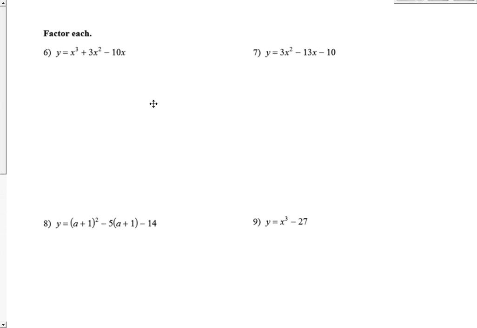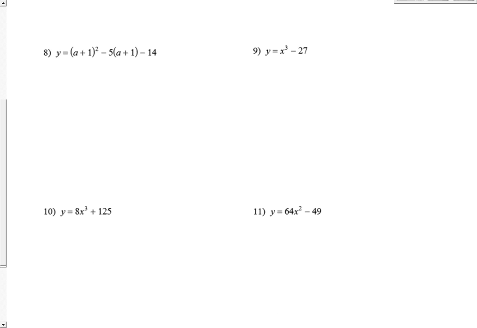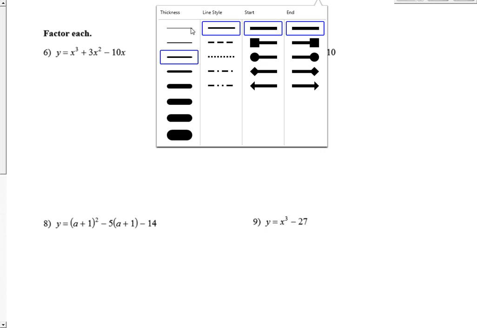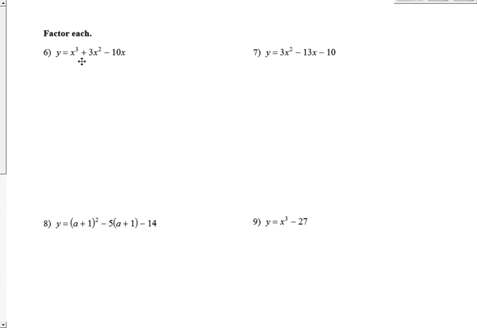Okay, this is going to be numbers 6 through 11 on the review for P5 to P7. So looking at number 6 here, we've got a trinomial. We see three terms, and basically what we have to think about is the typical factoring method for a trinomial,